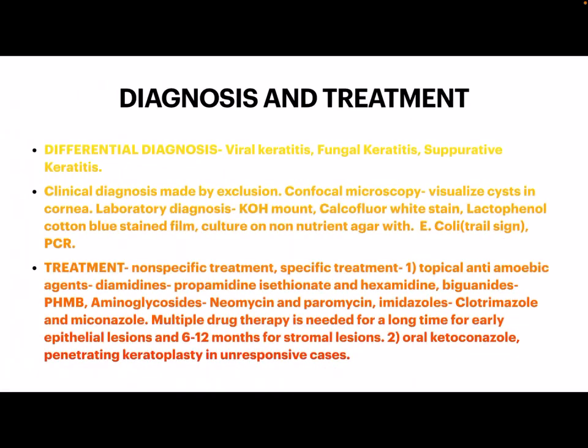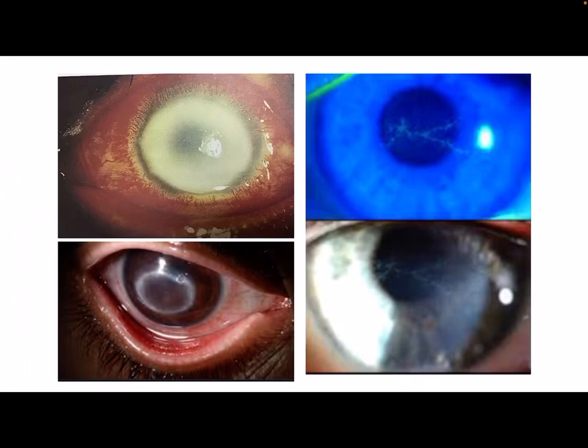I will show you the picture. So here on the upper right side, the blue color, that is pseudodendrites, the lines. Then on the left side, on the top, that is a ring abscess, all that white color ring is formed. And then the sclera is red, that is scleritis. Then below that is the ring infiltration. So that is also that circular, ring-shaped thing. Okay.